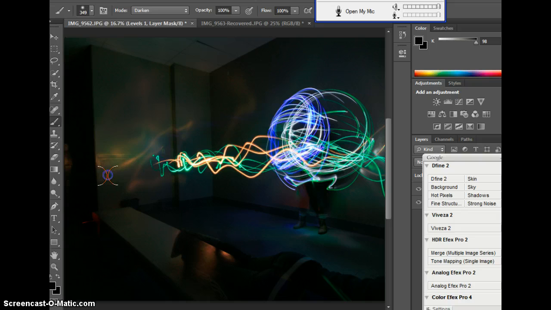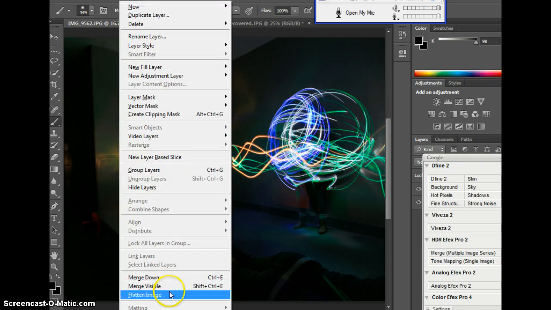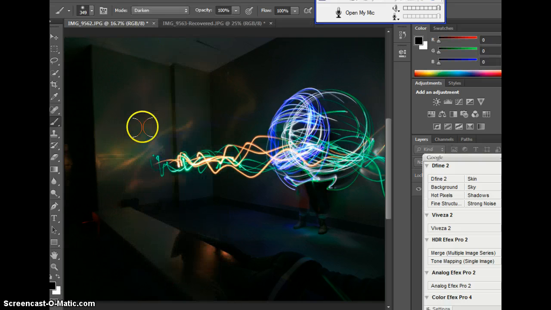But if you look at what happens when I touch this, and if it doesn't work, first thing you've got to do is merge your layers and flatten your image. It's probably because I had some changes. Now it should work. So if I just press 1, you can see it looks like that, and that's kind of artificial. But if I Control Z,